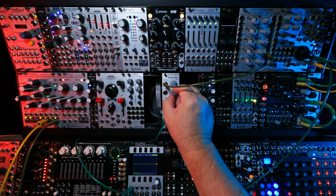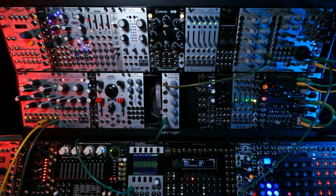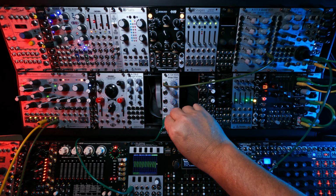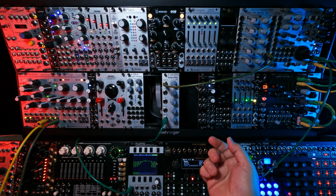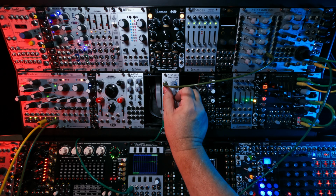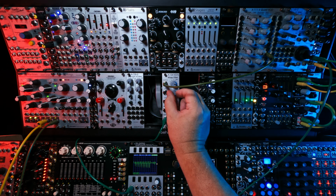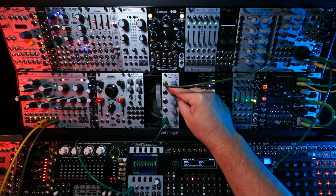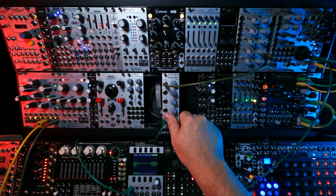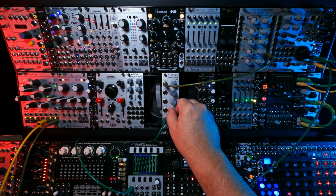Resonanceless sweeps. Now I'm going to switch over to the high pass side. So this is clearly high pass. You can barely hear anything. Now let's sweep down. Okay, nothing surprising there. If I throw some resonance in here,